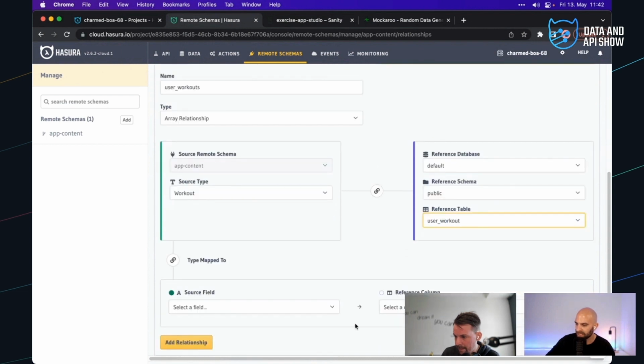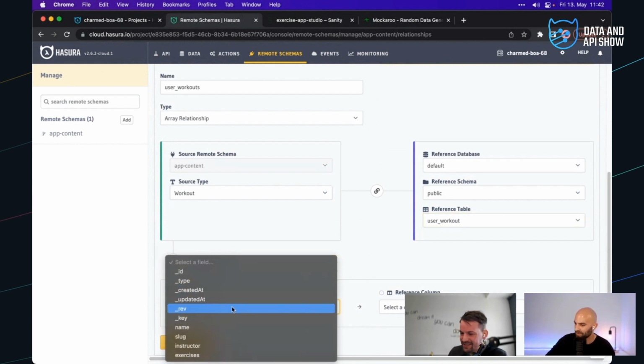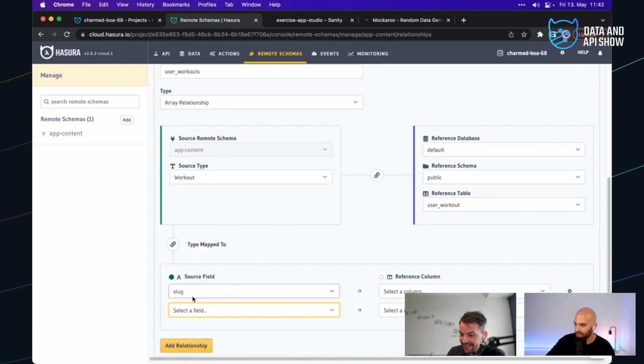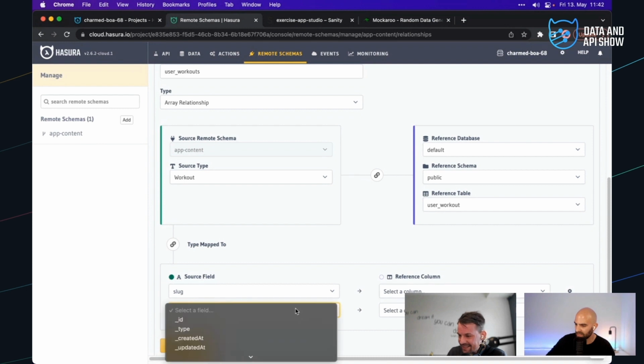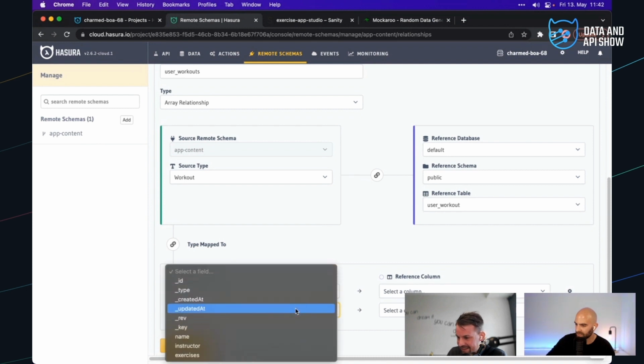And now we're going to map our types here. This is the moment of truth here. This is also interesting because the slug isn't just a text field, it's an object type. Yeah, we're going to see how this works. We got slug. There we go. Neat. Does that actually work? Or can you go into nested fields?